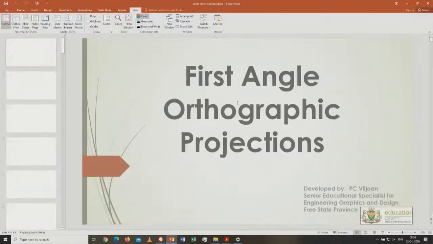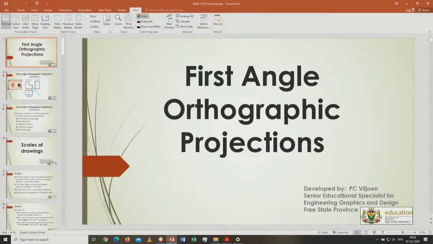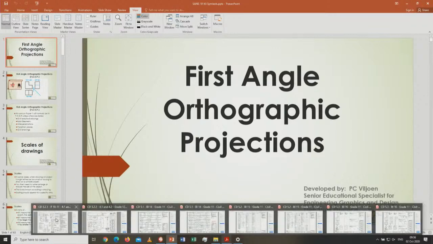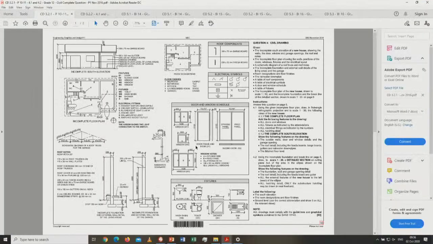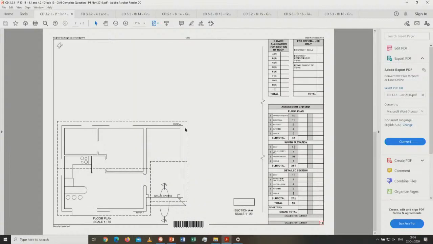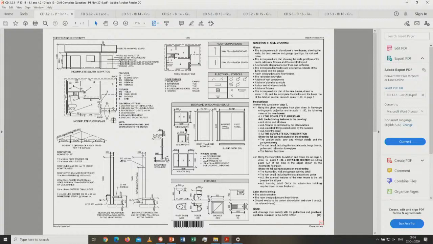All right, ladies and gentlemen, let's quickly go to some possible exam papers I can show you in terms of this, and let's orientate ourselves on how exactly the examiner is giving it to you. Now this will be question 4. This is your question, this is your answer sheet. On these two you have to see the significance. Over here, this is the room designation. If you zoom in on this part over here,